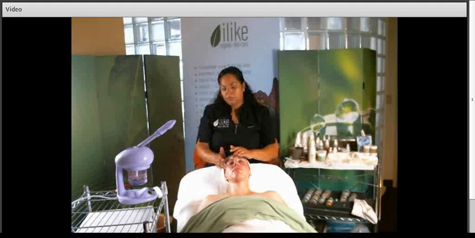Okay, so I'm going to use the Herb Infusion next for the serum application. I like to start with this first because I can go up to the eye area with the serum, up to the eye orbital bone, and then place the eye product over that. So all we need is one pump. This has the anise, the fenugreek, and the clove oil, providing anti-inflammatory, oil-reducing properties, and also hormone balancing effects as